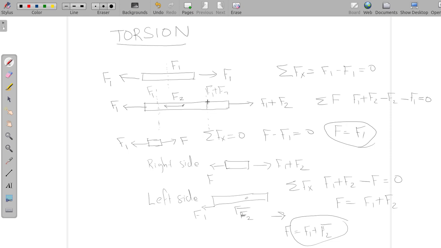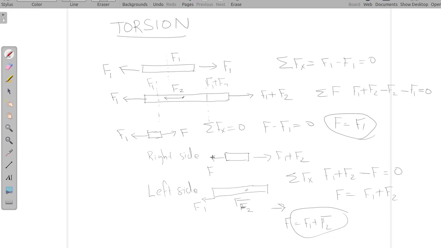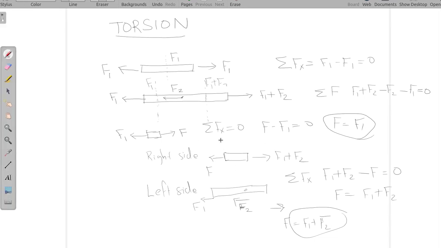So if it's a steel bar, the steel molecules act like a gum which holds these two parts together. If you think of it like that, you'll realize that these two parts are trying to pull each other in their own direction, and that will be opposite to each other. So similarly,